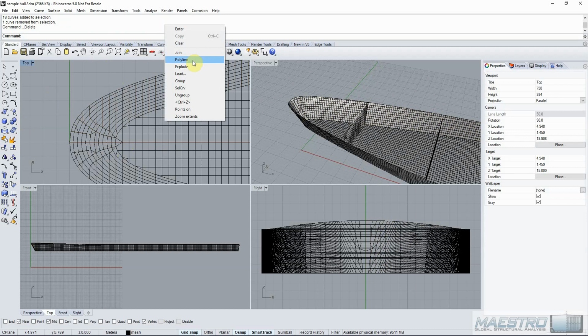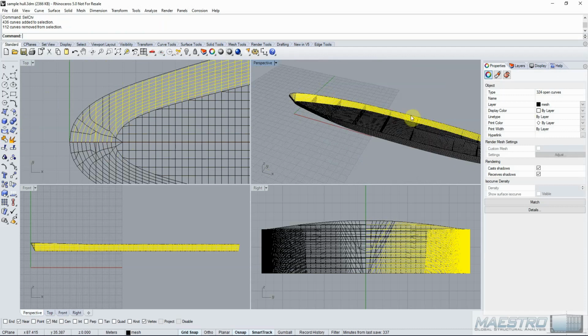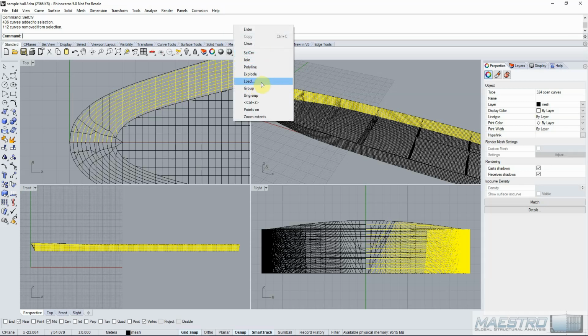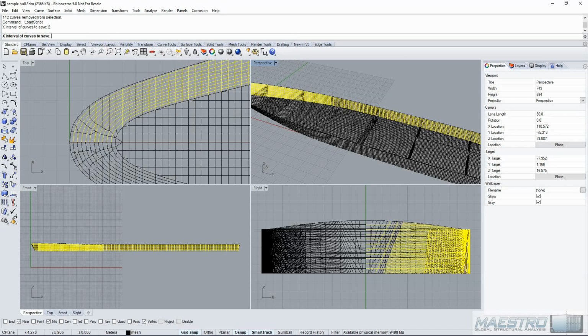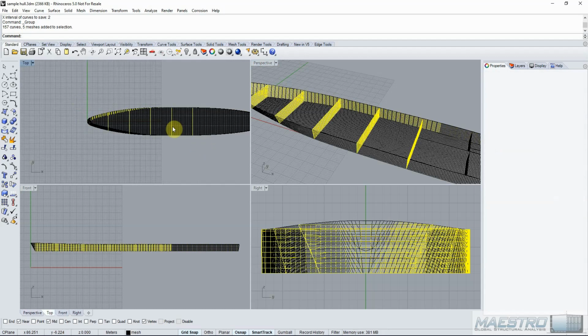And now we can select all of the curves. We'll remove the curves from the deck. We can leave the longitudinal stringers, the side shell stringers, selected, because when we run the other script to deselect anything that's not at those X intervals, they'll get thrown out immediately. So we'll use the same script with the 2 meter intervals. And now we can make a group for those, and similar to what we did before,